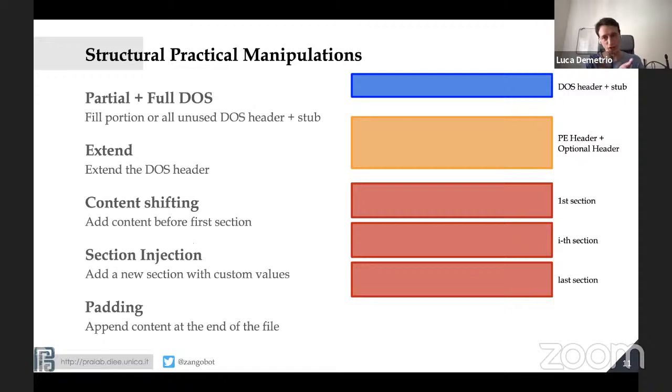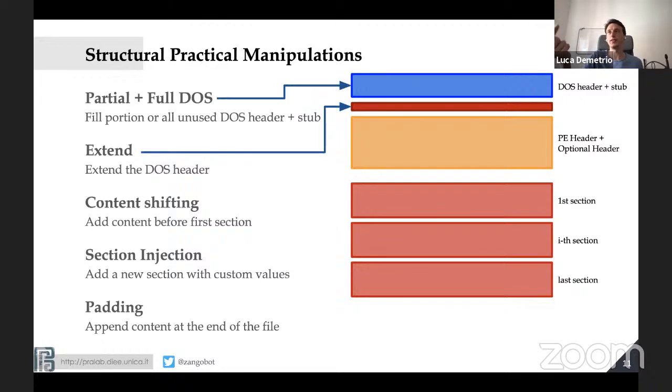So let's try to understand what the attacker can do to mess with this format. First of all, remember the useless thing that I told you about before? Well, it's not useless at all, not from the attacker perspective. So what the attacker can do is alter partially or completely this header, just saving the relevant spots that are the magic number, MZ, at the very beginning, and the offset to the real PE header. So the attacker has basically some hundreds of bytes at their disposal to place the adversarial content there. And we're gonna see that it's something small, but that's useful.